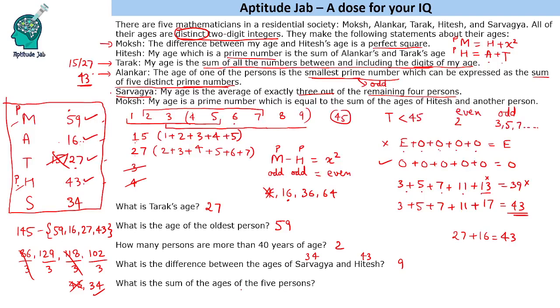What is the sum of the ages of the 5 persons? So for these 4, the sum was 145 and add 34 to it. You get the sum as 179. So this was the solution to the set and the answers to the